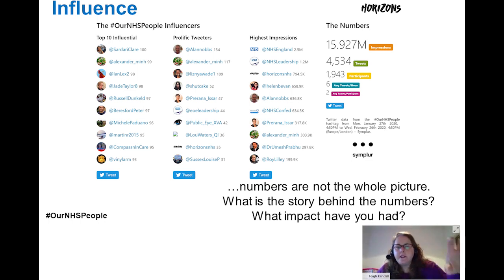So it gives you an idea of their influence through how many times their tweets are being seen on different people's timelines, and how many times they're being engaged with and retweeted and shared. So that's the really useful metric to use.